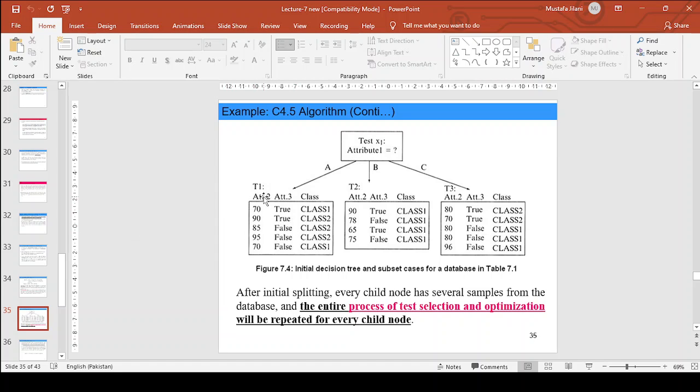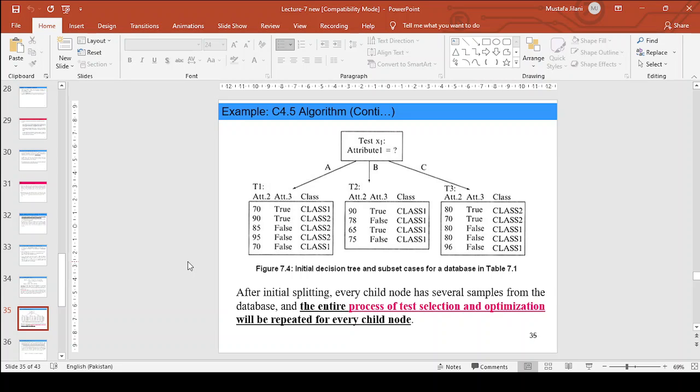So for attribute 1, when it is A, we have the remaining two variables, attribute 2 and attribute 3, and classes 1 and 2. That means it is possible to split this data further by one more step. So this is step 1. Look at this. When attribute 1 is equal to B, all the values belong to a single class. And for attribute 3, again you have class 1, class 2. So for the subset T2, there is no further splitting because it already belongs to a single class.